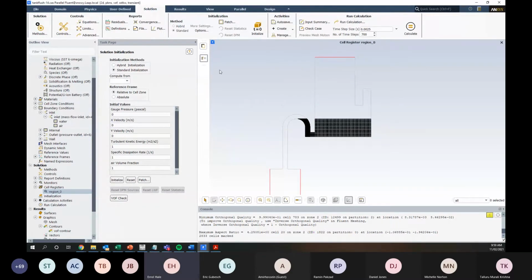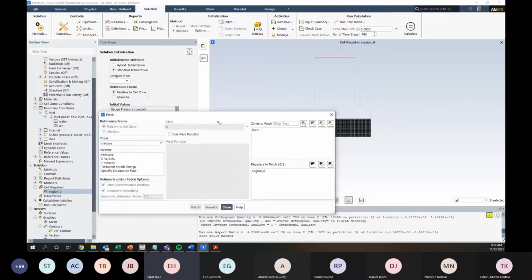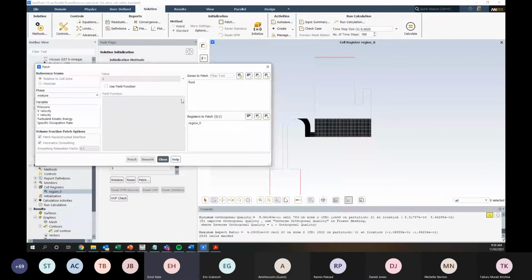The reason we want to do that is because we want to patch, much like we were patching with the solution variables before, when we wanted to apply the solved solution from another case onto a new mesh. We're patching it in here. But we're only using this register, not the whole domain. And we're using our volume fraction of air